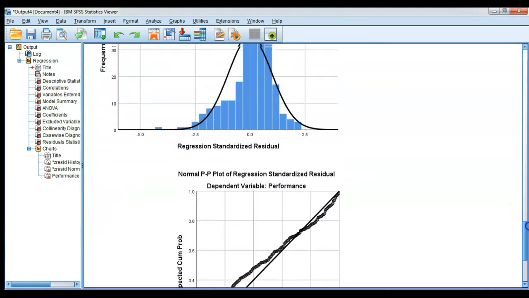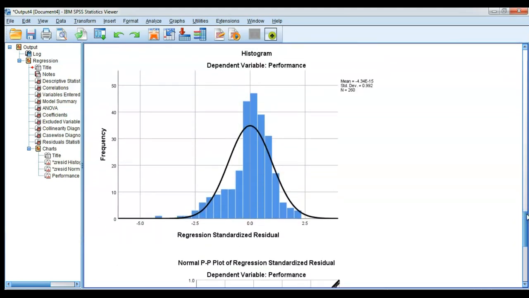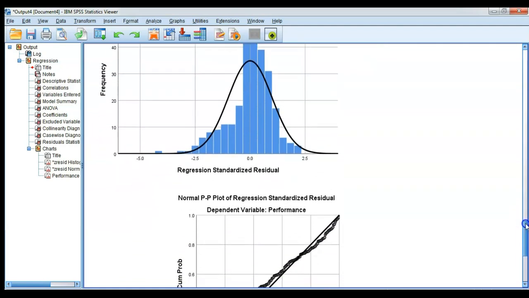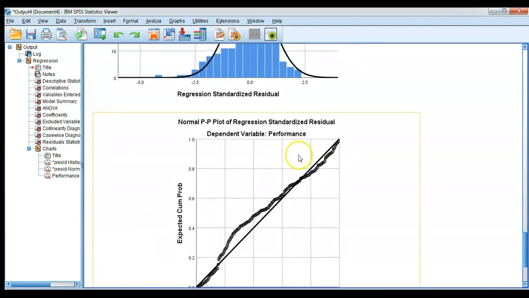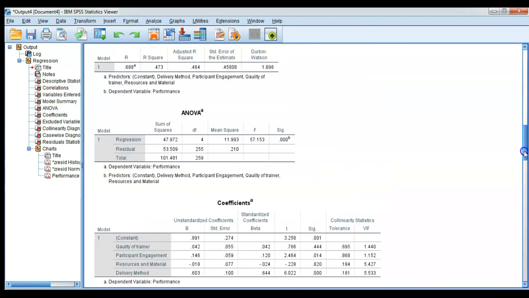Very good. This is a probability curve. From the probability curve, you discover that my data is normally distributed, and you also see my PP plot, regression standardized. You now see that my PP plot is relevant. So by what I'm seeing here, it means that my data is normally distributed and I'm permitted to run a linear regression. So the next thing I am going to talk about